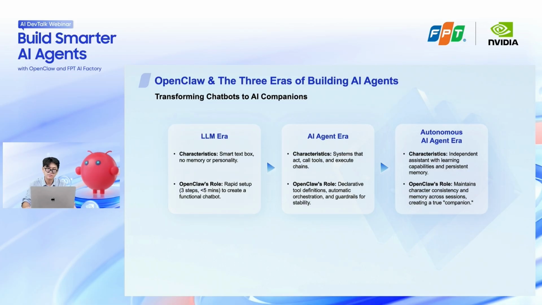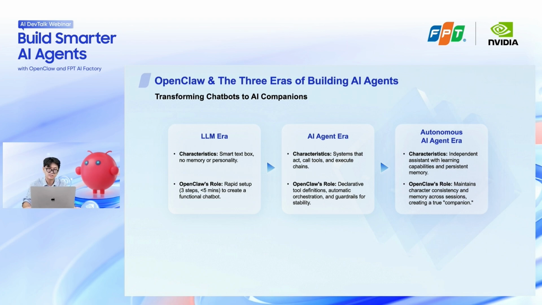You call a model, it answers, like ChatGPT or Gemini in the browser tab. About 90% of apps marketed as AI apps today are actually in Era 1, a thin UI on top of an API call. That's fine, by the way. It's a starting point, but